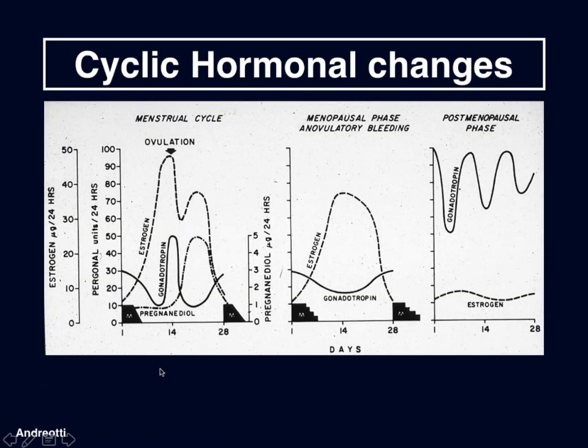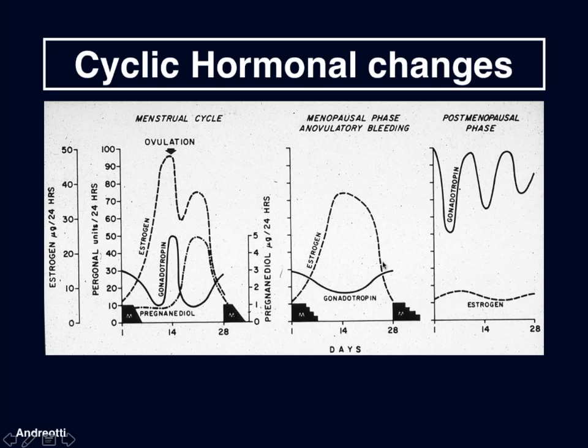So here we can see what happens hormonally in the patient who is of the menstruating age group and is having normal ovulatory cycles, where we have the gonadotropin surge at mid-cycle with fluctuations in estrogen, and after this mid-cycle surge, then we see the production of progesterone in the second part of the menstrual cycle, as opposed to patients who are perimenopausal and have unopposed estrogen stimulation without